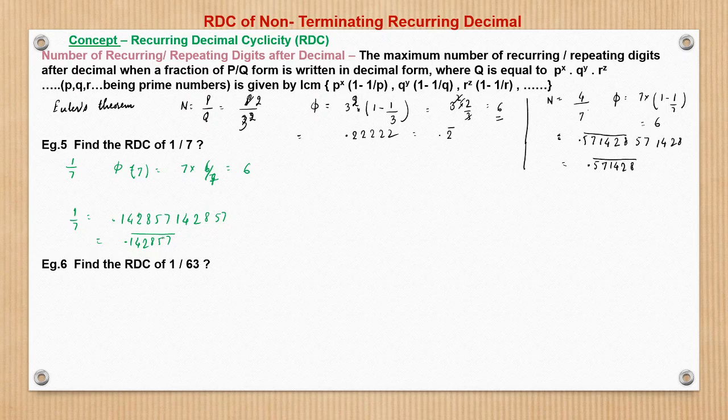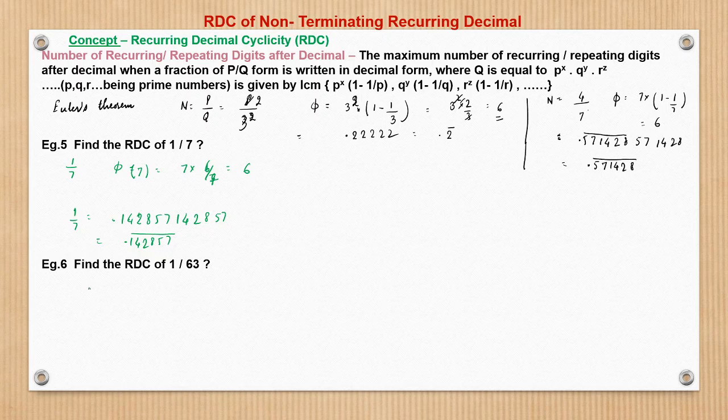This is important because here the numbers are small, but in the exam the numbers may be really big, and we may be asked to find, say, the nth digit of this decimal. So in that case, this RDC will be helpful. We will see questions of that nature also. So here we get to know the RDC is 6, which is the same as what is given by the formula.